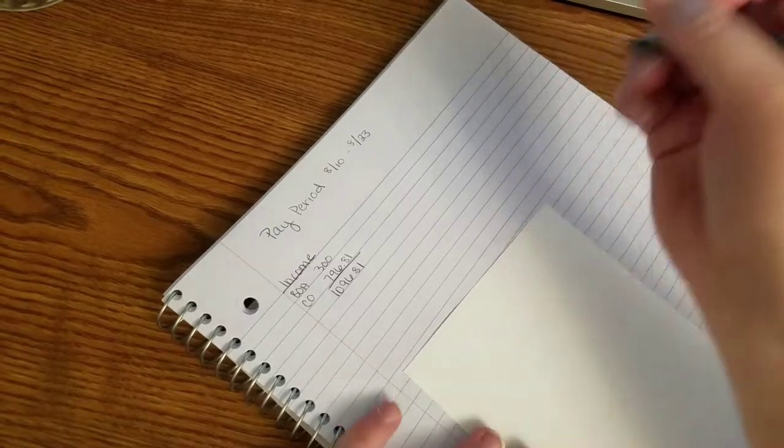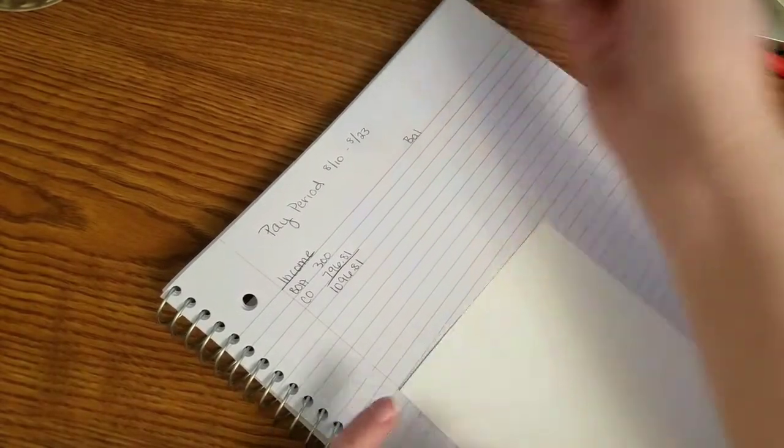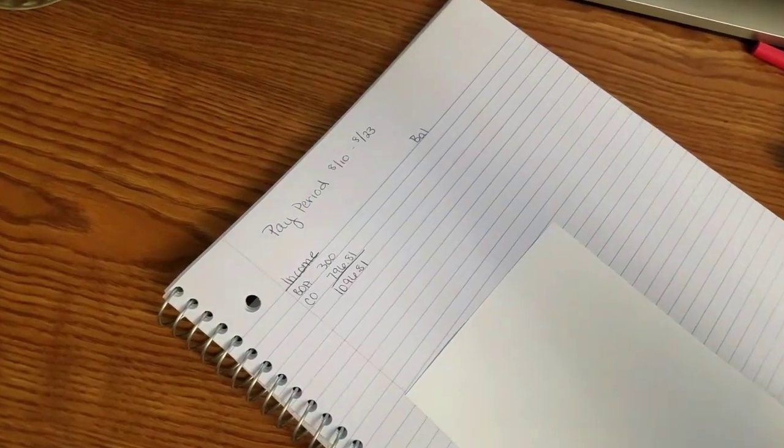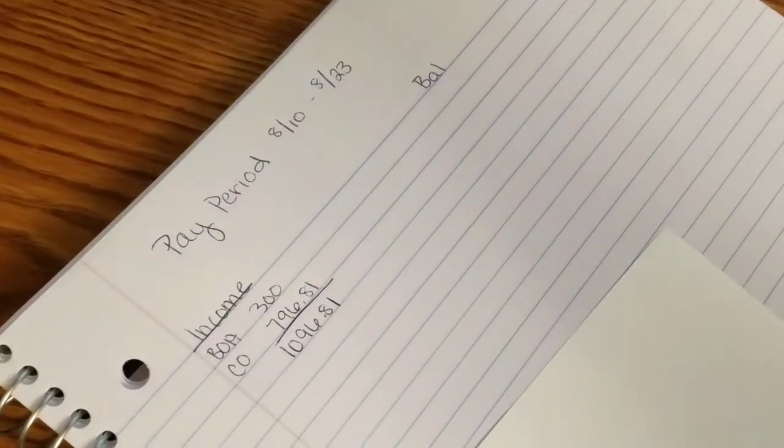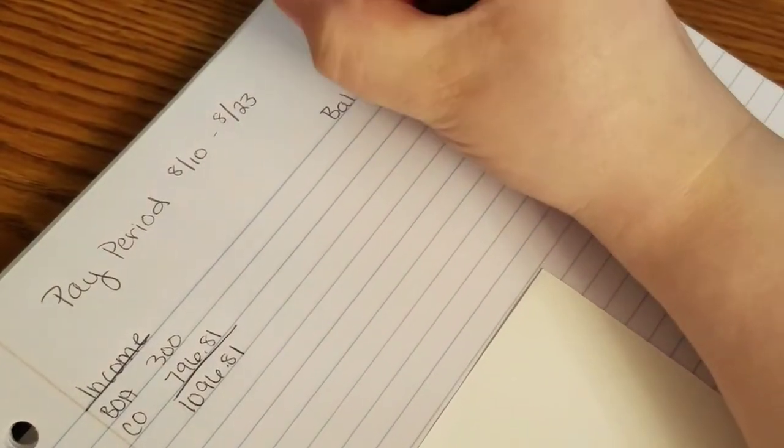Now my balances, like I said, I'm just writing this out really quickly, and I'm going to go ahead and zoom in. So my balances that I keep track of